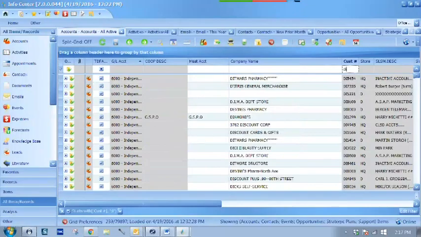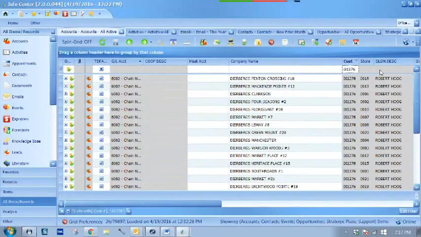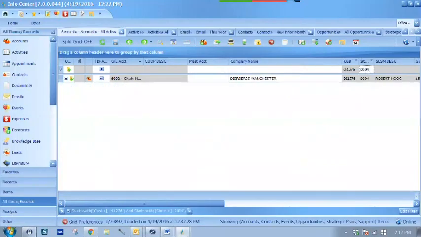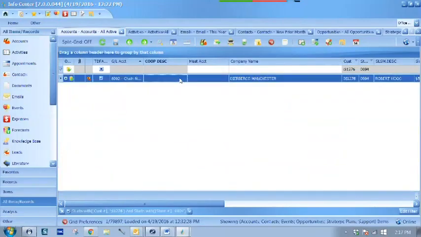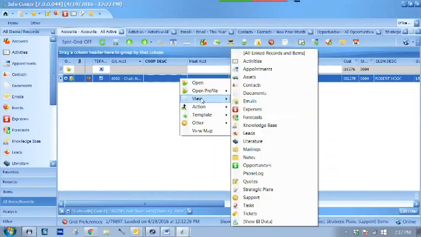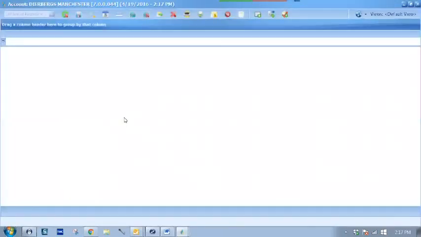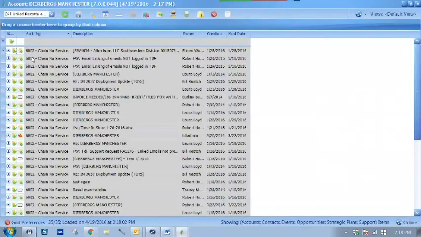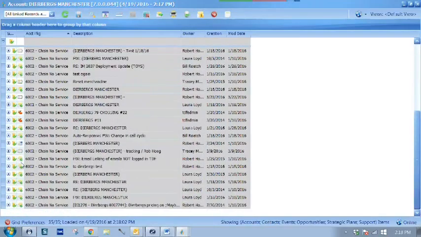I'm going to go back to my DL1276 and store 0004. I'm going to click on it, right click, view. I want to go to all linked records and items. And this is going to be a pretty good sized list. Everything comes up that's linked, that was created off of that account, is linked to it, and it'll show here. So I've got a lot of emails. I've got an activity here. I got another activity here. Down farther, I've got an appointment, a lot of emails, a few activities, an appointment,